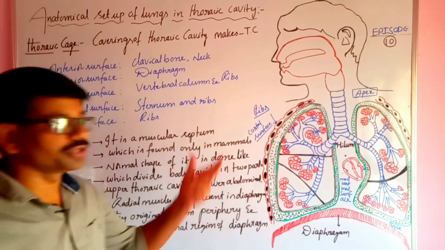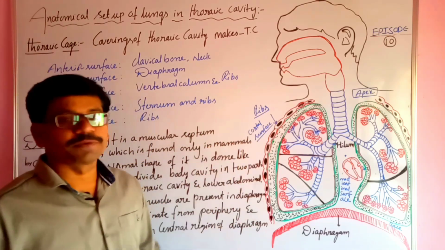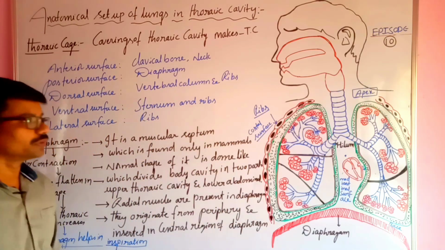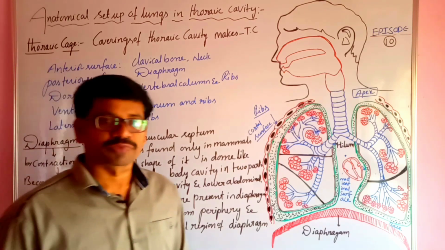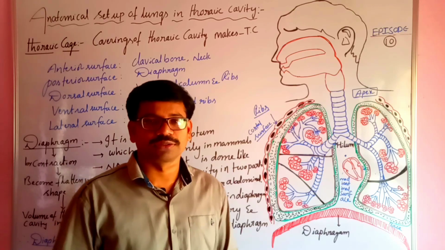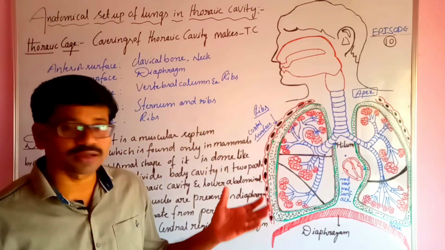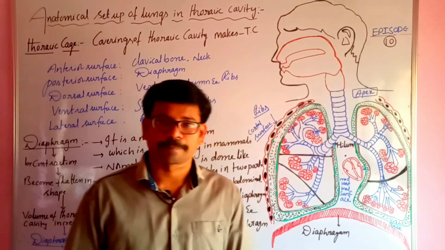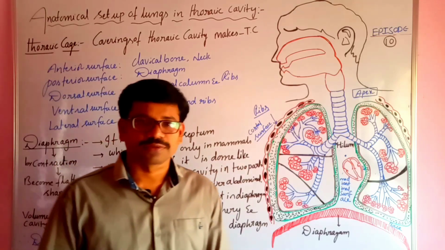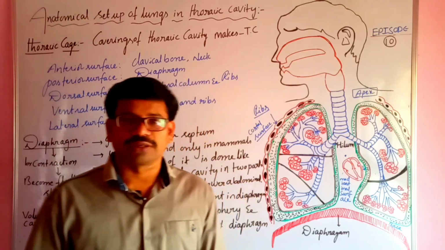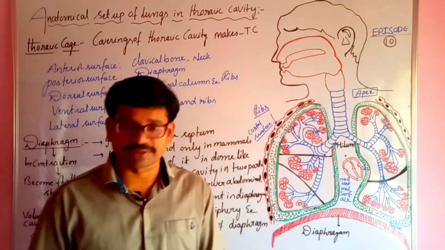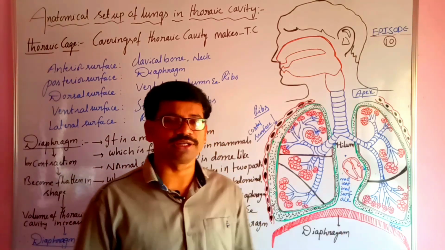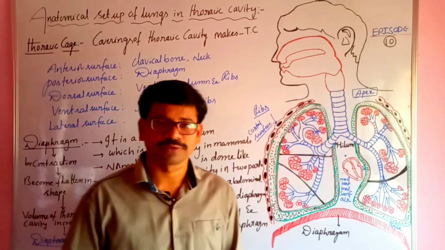Today we are going to continue with episode 10. In the last lecture, we discussed the structure and functional unit of the respiratory system. The functional units of the lungs are called alveoli. Alveoli are small sac-like structures which help in the exchange of gases. We have learned very detailed information regarding the alveoli.